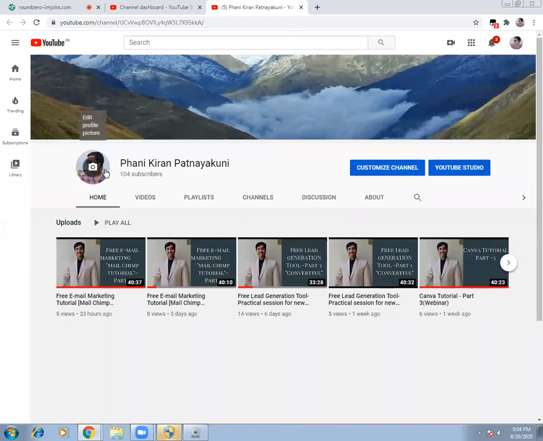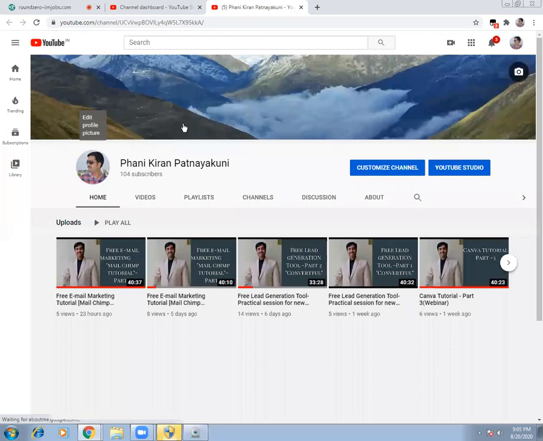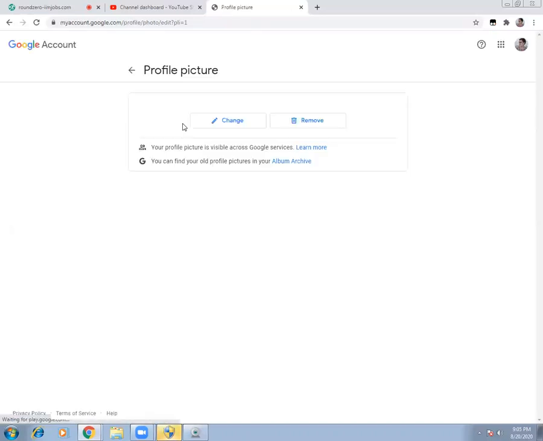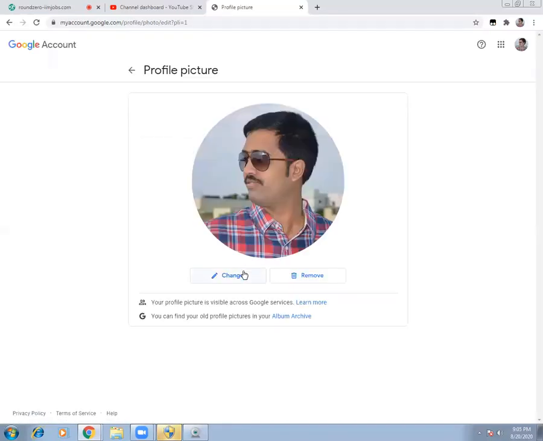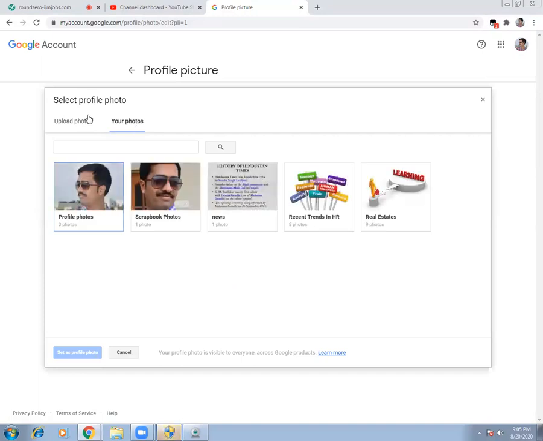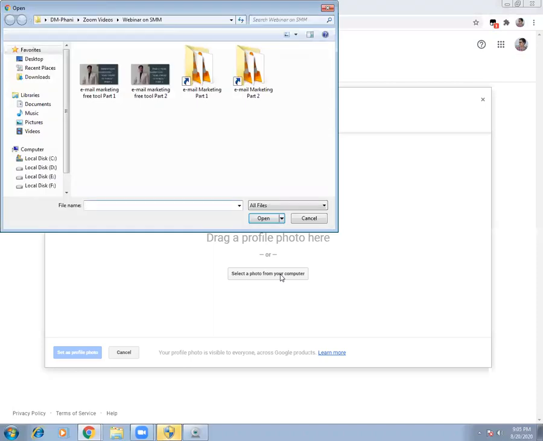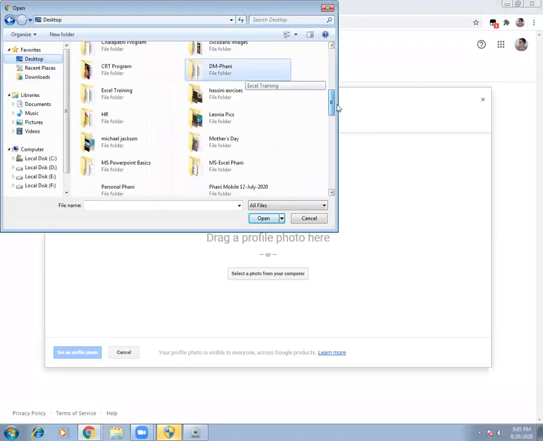And similarly, your pictures also you can simply change. You can select here. You can say edit picture. You can simply go to your profile picture, and you can simply say change. And when you say change, you can select your photos, or if you're not having anything that is good, then probably you go to your computer and then probably select your